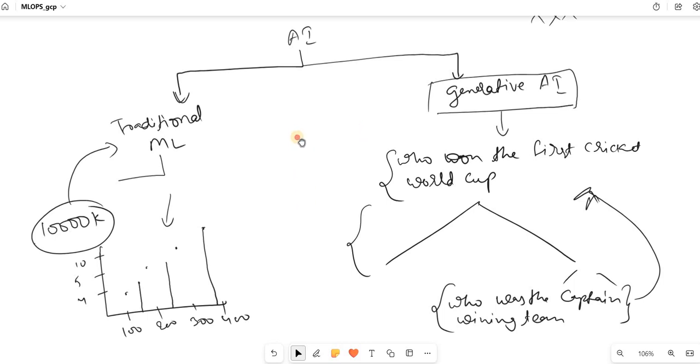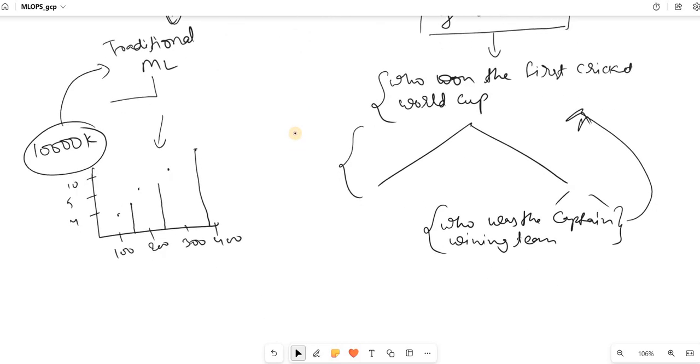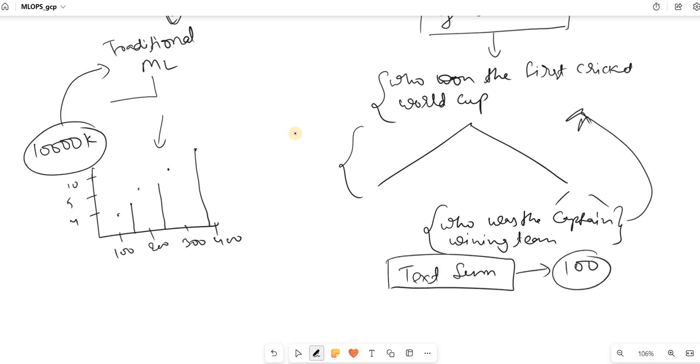So a lot of things are getting done with generative AI, like text summarization. How to do text summarization? Suppose you have data, a PDF of 100 pages. You can reduce it to 2 or 3 pages with all the